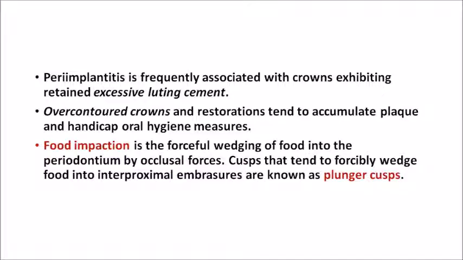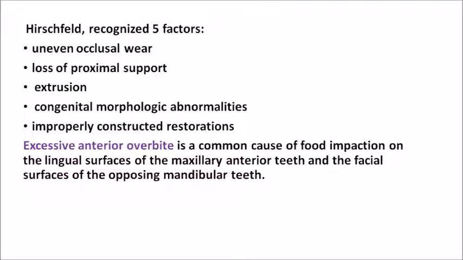Now, why am I emphasizing this so much? Because there is another term called food lodgement. Food lodgement, unlike food impaction, is a passive process. Food impaction is intentional; the cusp is forcefully pushing food into the space. But food lodgement is a passive process due to your masticatory forces; your lips, tongue and cheeks, everything moves. Because of this, the food passively moves and gets lodged into a space, and this is called food lodgement. Clear with the difference?